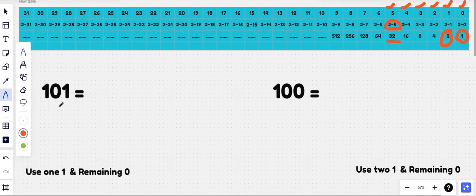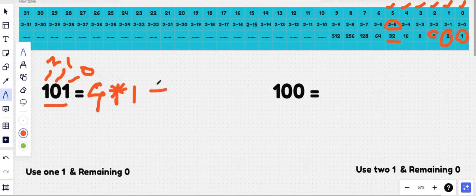So if we want to write the decimal of this number, how can we write it? So 1 is at the 0th position, 0 is at the first position, this one is at the second position. So how do we write the decimal value? If we see the second bit position, the weight is 4. So we write 4 into